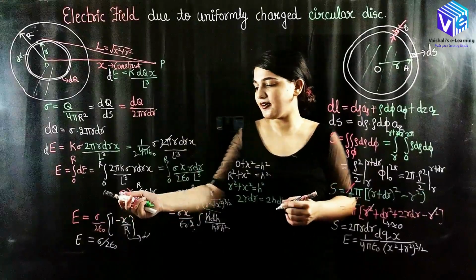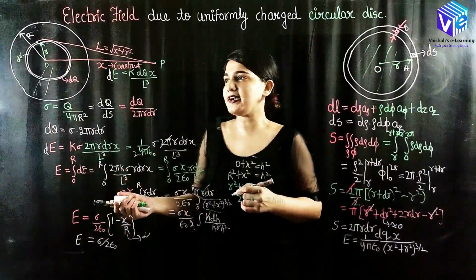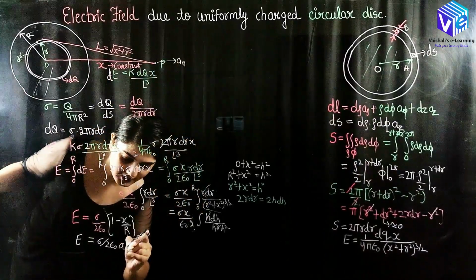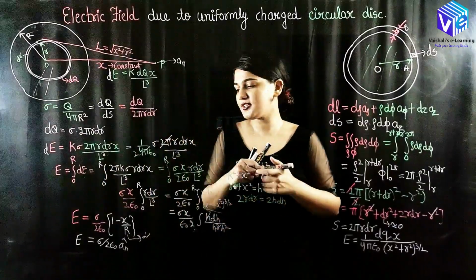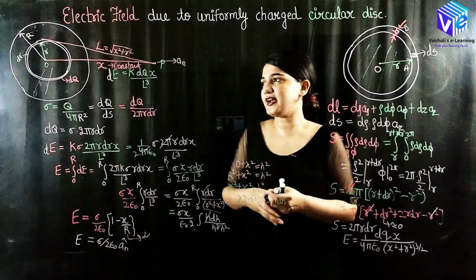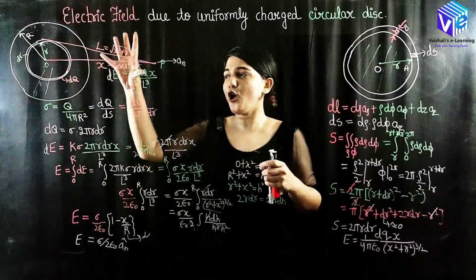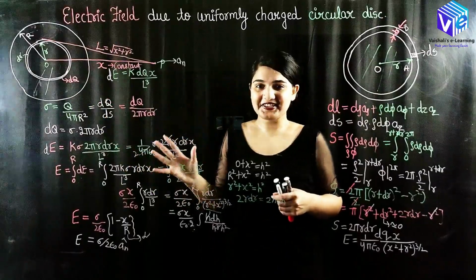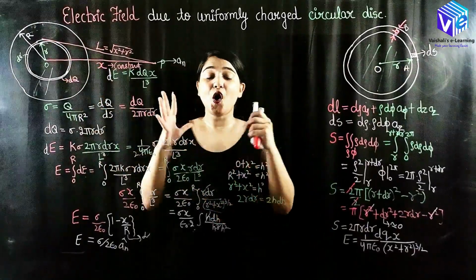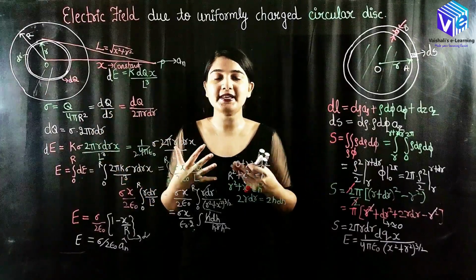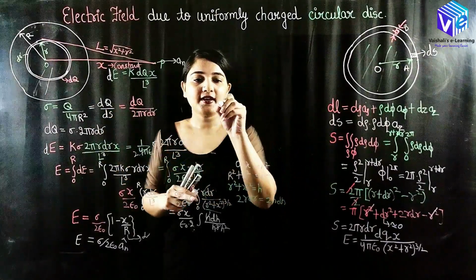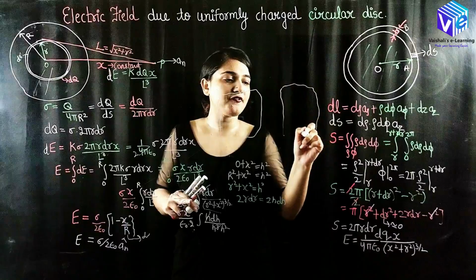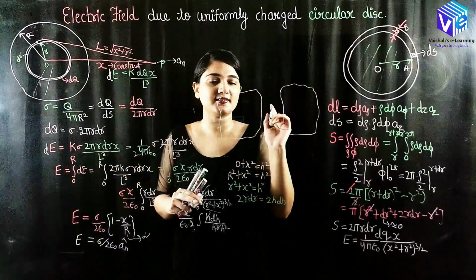So we have this direction of electric field to be perpendicular. If I take the normal direction as an, this will be represented by an cap. So this is how I can find out the electric field intensity due to the circular disk of uniform charge density. Now I have already found out the electric field due to the circular disk of infinite size. This can be represented as the disk of infinite radius, or I can represent it as the sheet of infinite radius. So this is my one sheet, this is my second sheet.